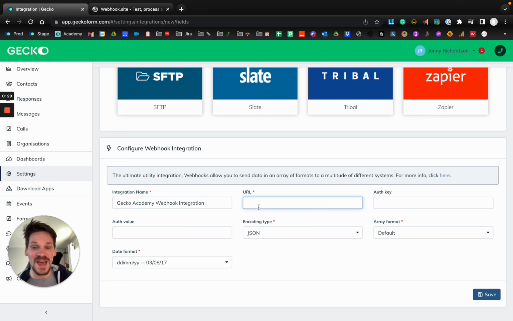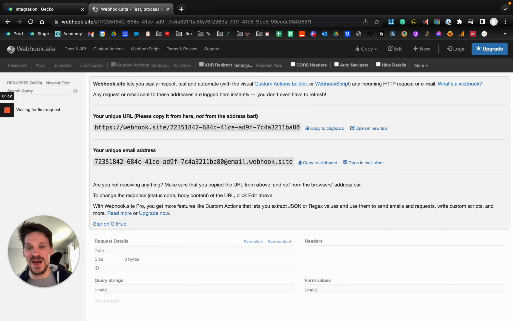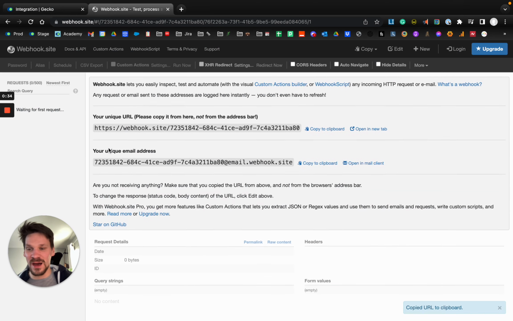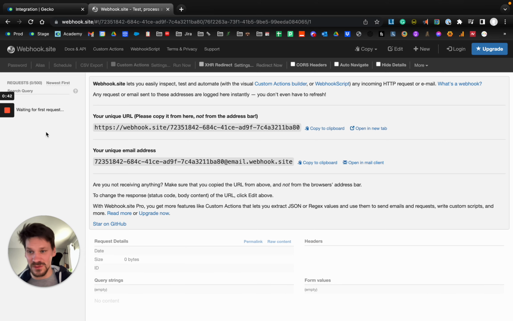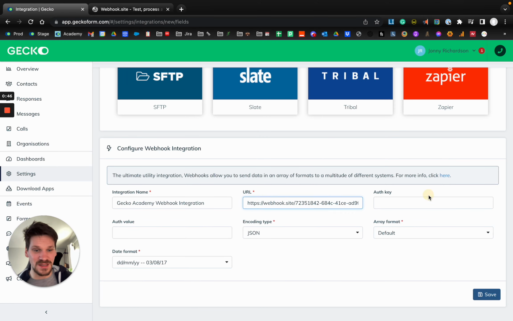You then choose and enter the endpoint where you'd like your webhook to be sent to. If, like me, you're testing, there are a ton of free applications out there that will allow you to post requests to them. So go ahead and enter that. You can enter an auth key and an auth value,